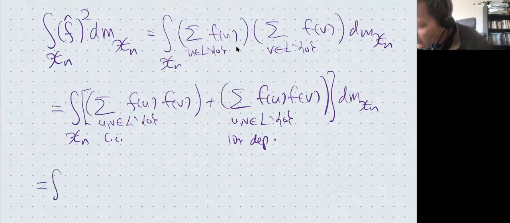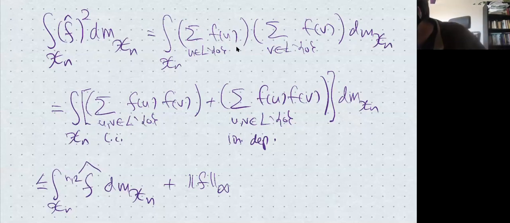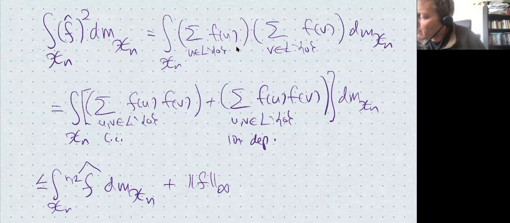Let me write this first one out like this, and let's make this into an upper bound. Let's pull out one of the values of f here. We have products of functions f of u times f of v. f is a bounded function. Remember, all the functions here are non-negative. I'm just going to upper bound this integral by pulling this f of u out and replacing it by the sup of the